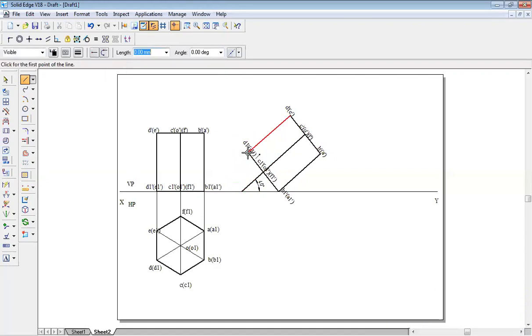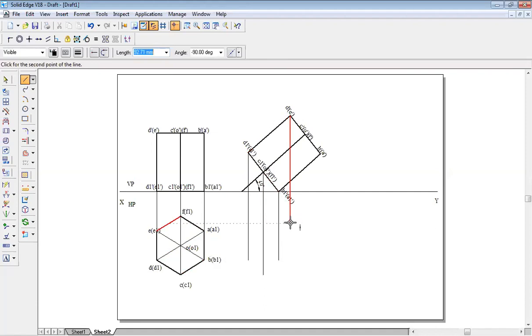Draw projection lines from each and every corner. This is D and C, D and E. To stop it, move your cursor once on all these lines to get that alignment indicator line. So this is E1, this is D1, and stop. So this is C1, O1, F1. So this is F1, O1, O1 and C1. Similarly, this is B1 and A1. So A1 is over here and B1 is again over here, right?